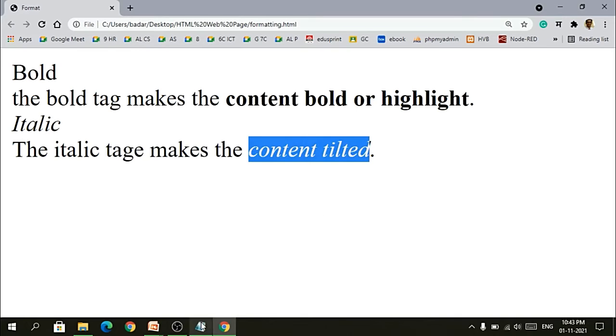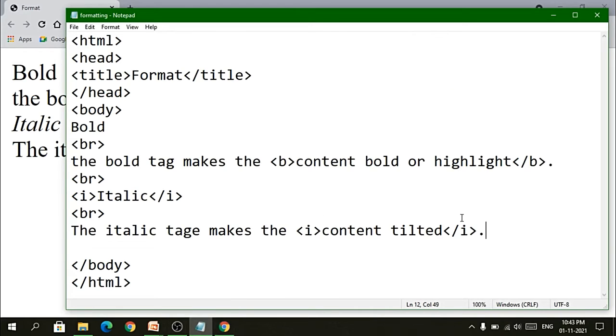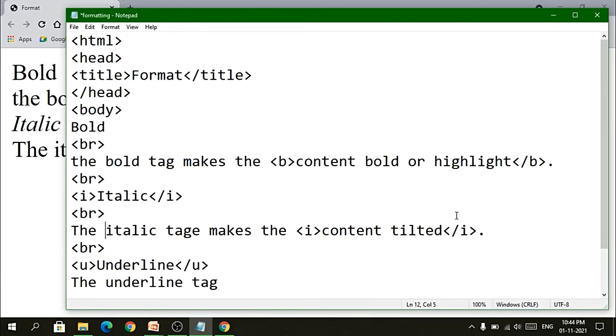Now the next one is the underline tag, which is the U tag. So again a BR and then U, underline, and U tag close.